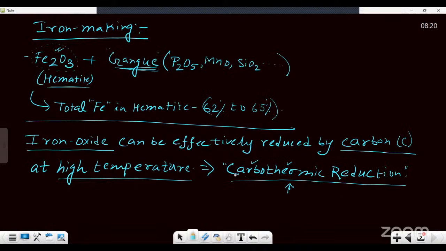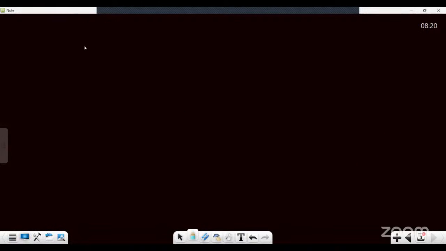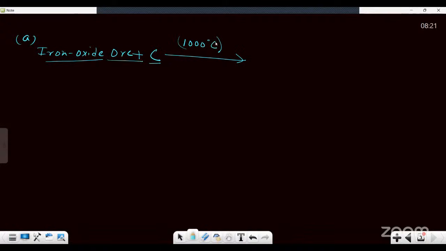Now, I tell you, suppose we are giving two cases. What are these two cases? In the first case, suppose we are employing oxide of iron, that is the iron oxide ore. Iron oxide ore we have taken, and we have taken carbon, right? Now, what temperature? Suppose minimum 1000 degrees Celsius has to be given. Now, if you add carbon in the iron oxide ore at about 1000 degrees Celsius, you will get solid product of iron plus gangue,